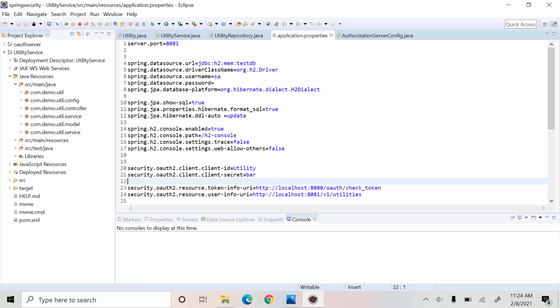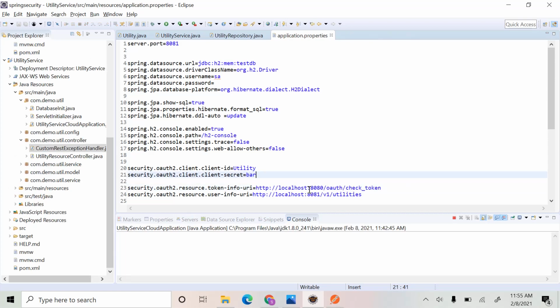Whenever a REST application that is secured using this OAuth server receives a request, it verifies the request with the authorization server. It contacts the authorization server and verifies the token, and then it grants access to that user. To do this, this REST application must itself register with the authorization server as a client so that it can verify its own tokens. For this, we need to do some configuration in the application.properties. That is, we have to give the client ID and secret for this application, and also we have to specify the endpoint where the token has to be verified.